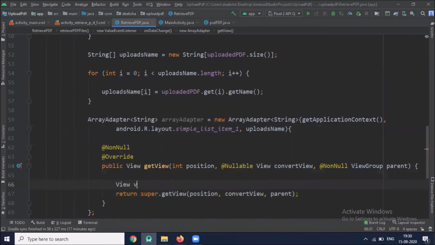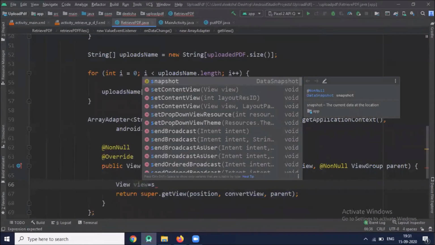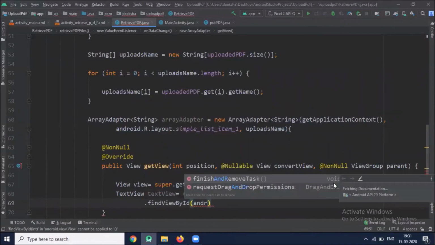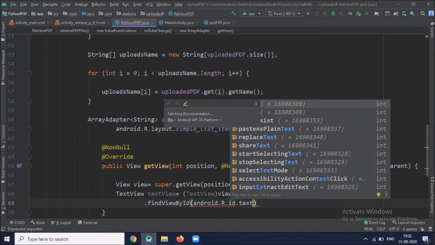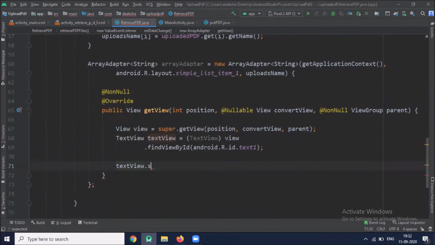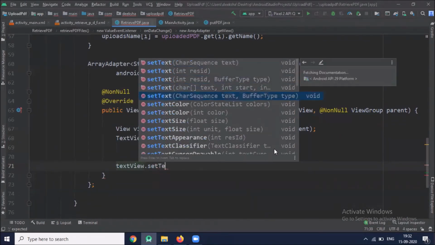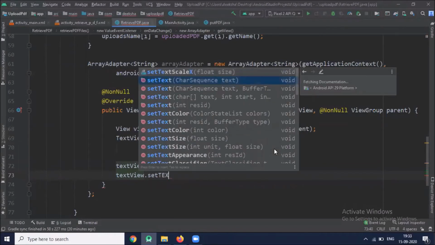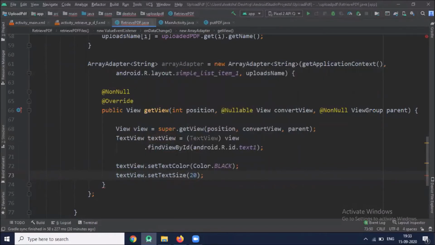And inside this method, we create one view and create one text view, and then set the text color, set the text size, and return the view.